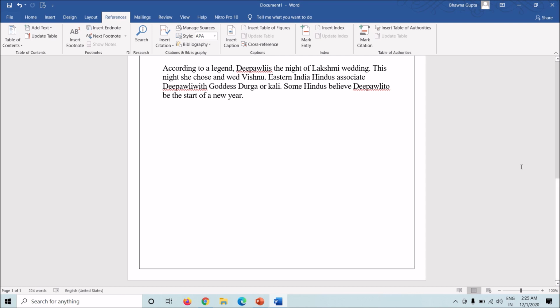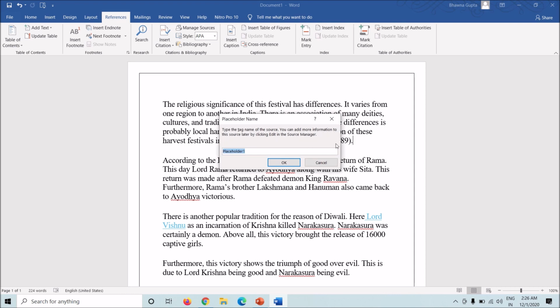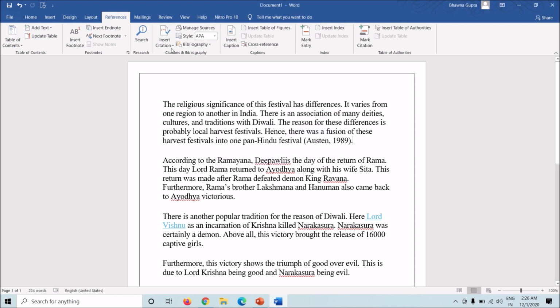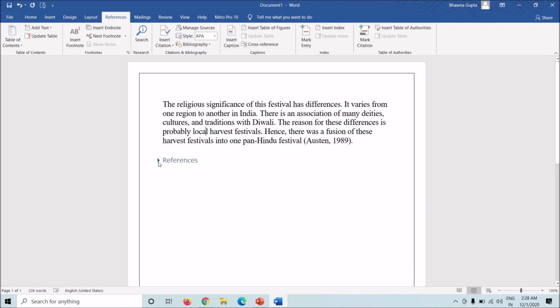So now when you cite this here, you insert the citation here, and you can at the same time add this at the end of your section, which is the references section. So this is how you add a citation in the references section. Now what you have to do is just click on bibliography here and add on references. They show the references here. You have an option to close it.